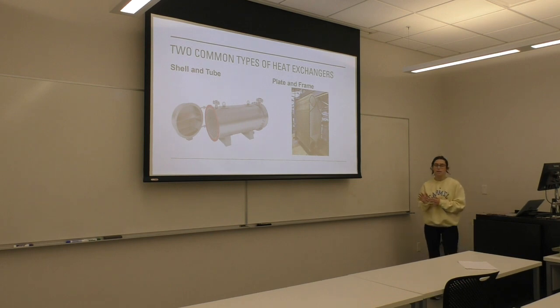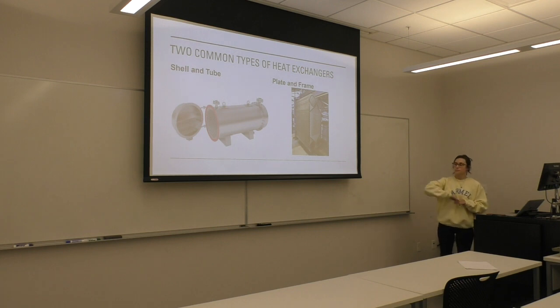So two common types I'm going to be talking about are shell and tube and plate and frame, like the equations I showed on the slide before. The image on the left is shell and tube. You can see all the little holes are actually little tubes, and on the inside of the pressure vessel is just open space, and that's where one of your fluids goes, and the tubes are where the other fluid goes. And the plate and frame is the opposite, with hot and cold plates that are all stacked next to each other,